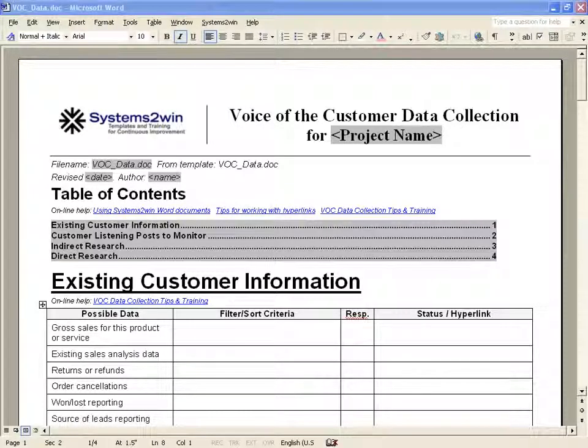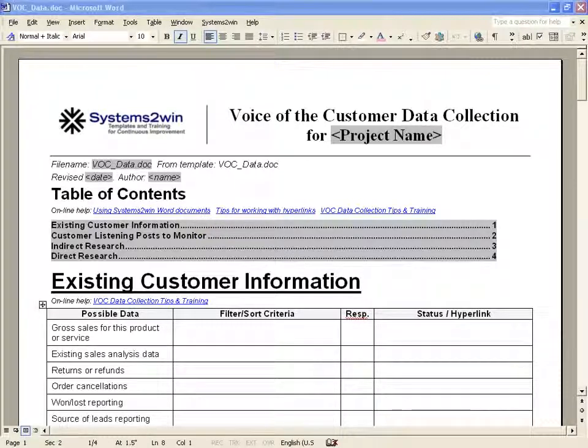Voice of the Customer Data Collection is a simple Word form that provides excellent online training at the click of a mouse at the moment that the training is actually about to be needed, to remind your people of all those things they read about in all those books that they left at home somewhere. And then prompts your people to simply fill in the blanks to determine the appropriate levels of filtering and sorting criteria for the existing customer information that might already exist buried somewhere in your company's various data repositories,